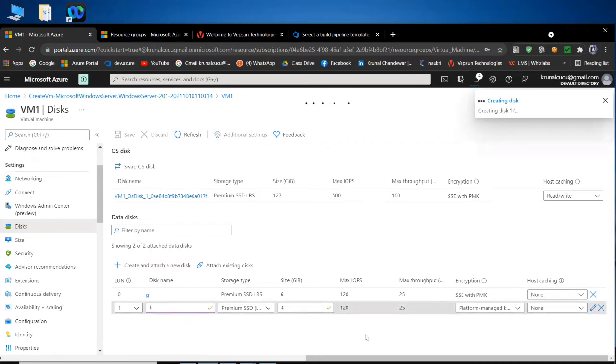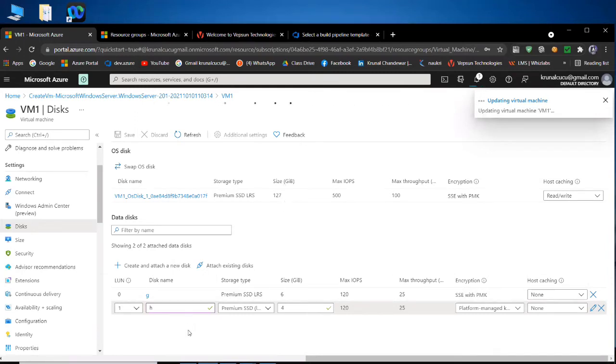So this hard disk will also attach to my virtual machine. For creating that disk, my virtual machine will stop and reboot, and after then this disk will be added here, that is processing only.